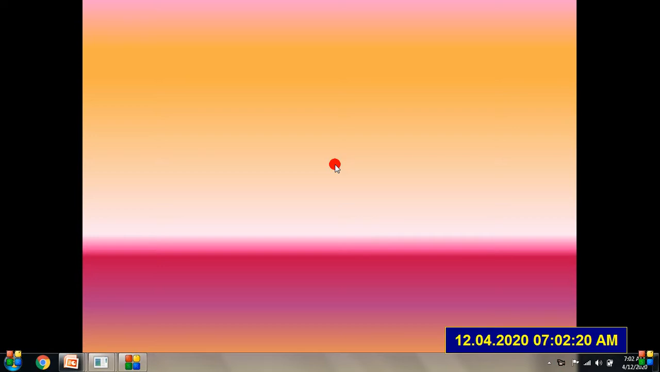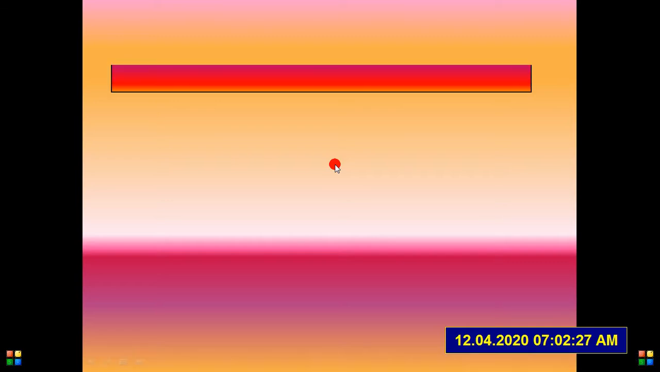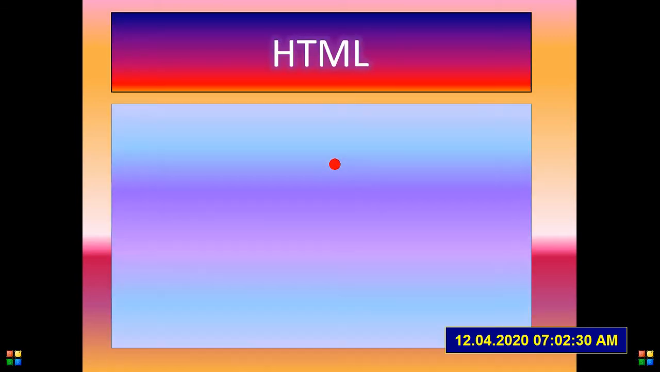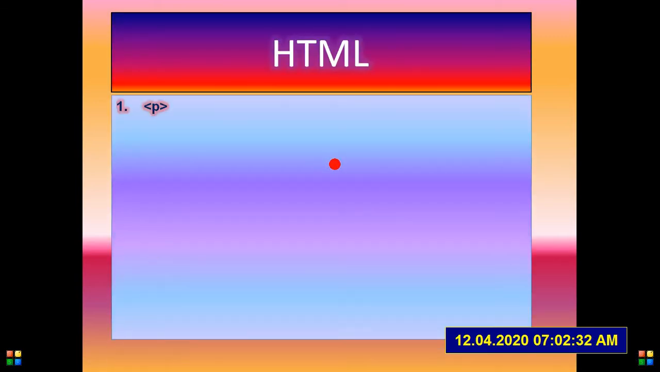Today I'm going to explain a few more HTML tags. So the list of tags: paragraph tag, anchor or link tag, the a tag with ID attribute, and then ordered list tag,